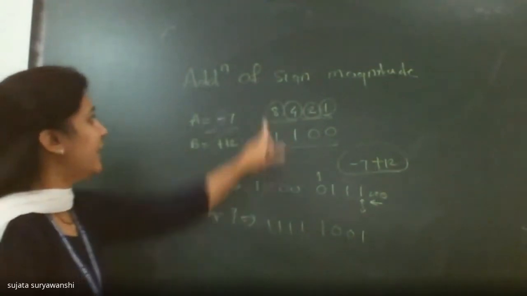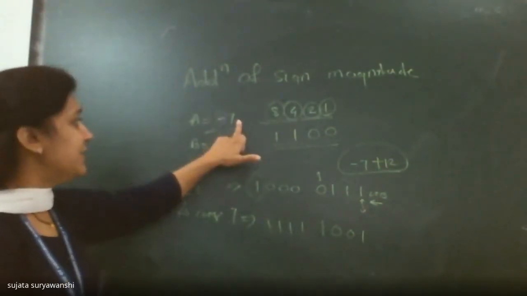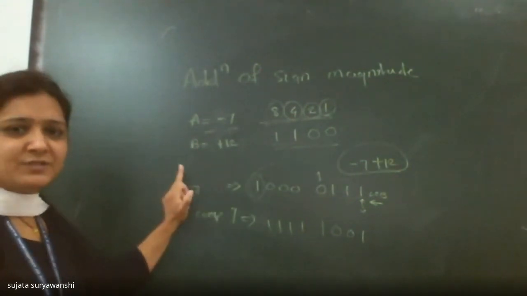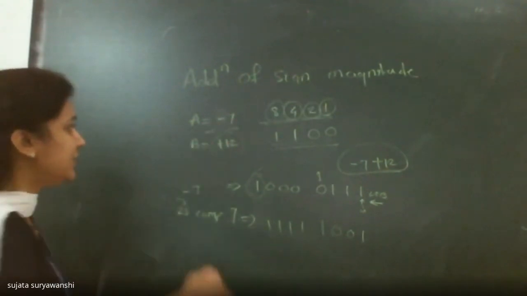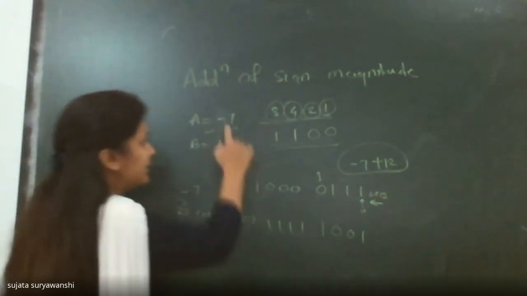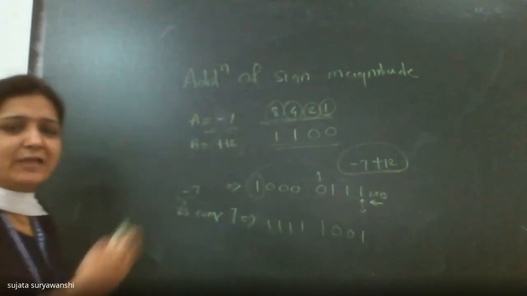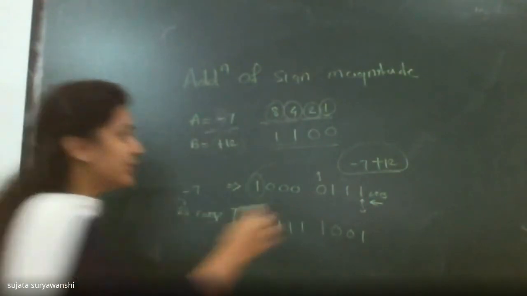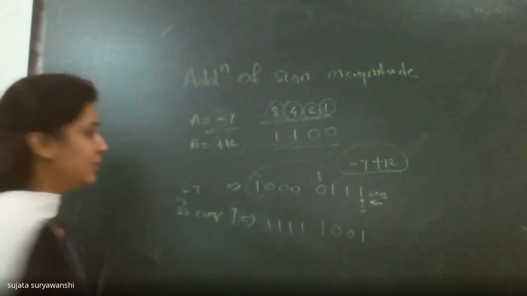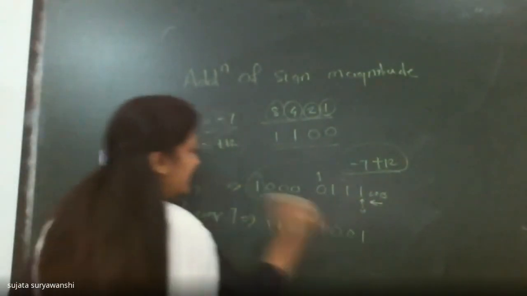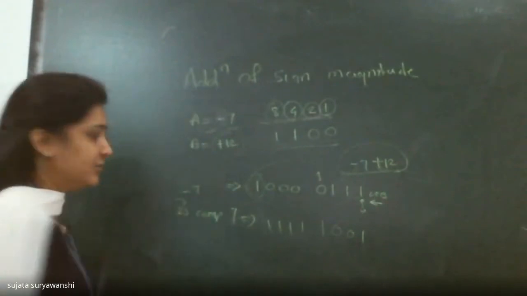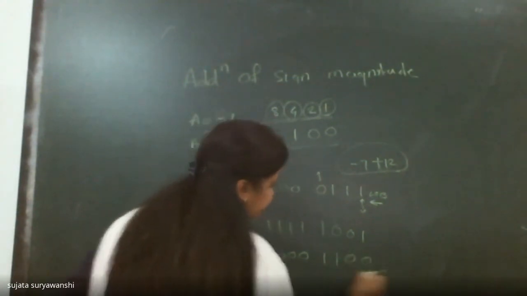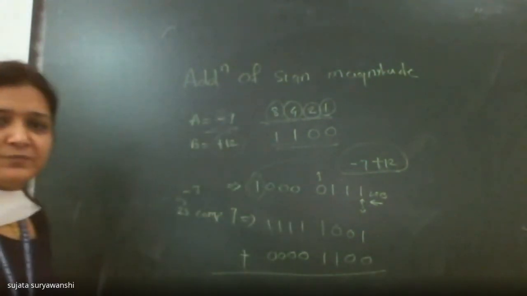Here we have to perform the addition of these two numbers where 7 is negative and 12 is positive. So we need to use arithmetic addition operations. But for that it is not sufficient to simply alter the sign bit from 0 to 1. You need to first find the 2's complement of 7, then only you can add it to 12. Understood? So once you get minus 7, you can simply add 12 to that. So 12 can be represented by 0 0 0 0 and 1 1 0 0. And now use arithmetic addition.